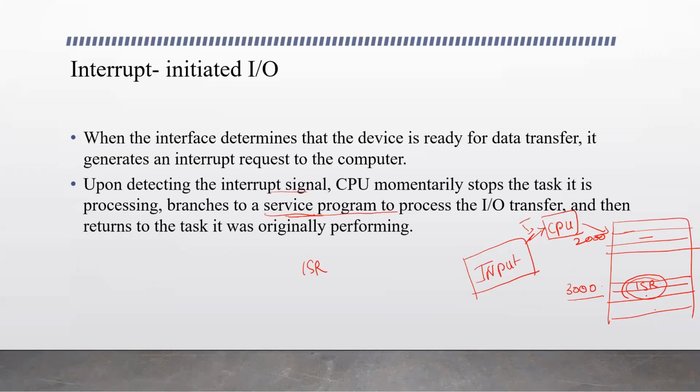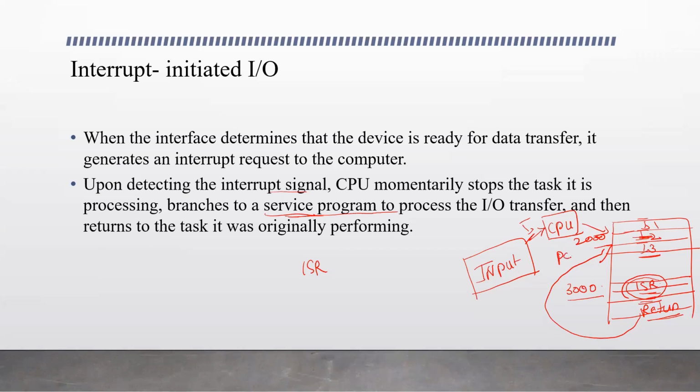The service routine has the instructions that transfer data from the input device to the CPU. Once these instructions in the interrupt service routine are executed, we will have a return statement. Generally the last statement of this routine would be return. So the control returns to the place where the CPU was earlier, before coming to this set of instructions. It is the next address: if this is instruction 1, 2, and instruction 3, then instruction 3 is our next instruction.